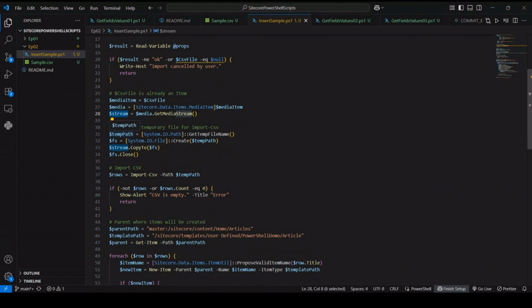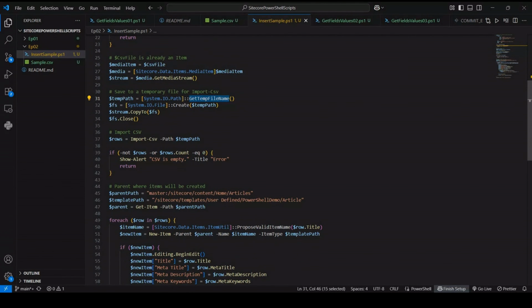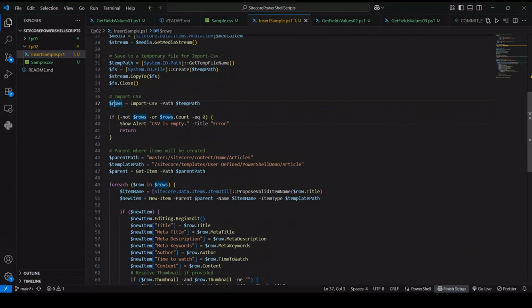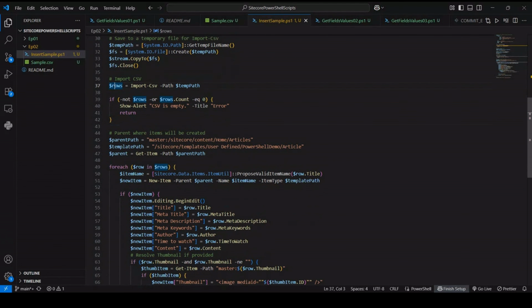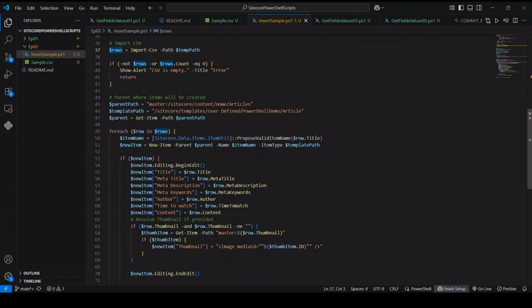The next step is to convert that stream into an actual file, a temporary file. So we are using Get-TempFileName which creates a temporary file, and there is a magical command Import-CSV which will read that file and map it to the rows. So columns are mapped to the fields. Okay, then in this if condition we are checking whether there is any value in those rows or not. If there is no value, then we will say that the CSV is empty and it's an error. If it is there, then we will move ahead,